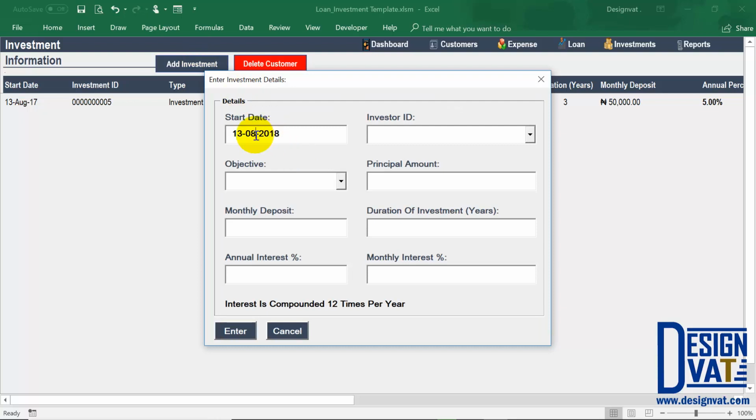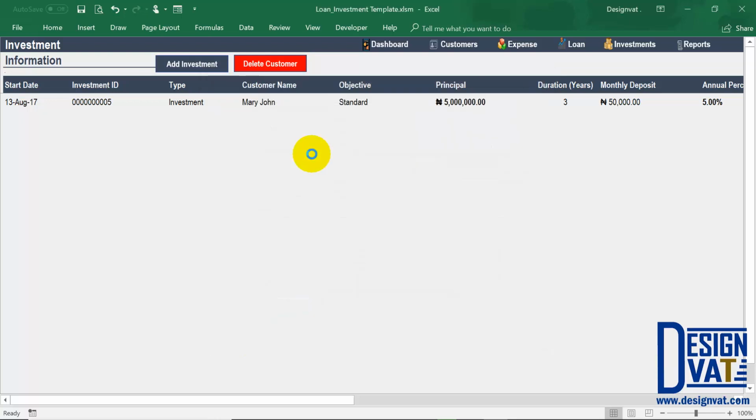So I'm going to make this January of this year. It's going to be the same investor. This is going to be premium. Let's assume this is 2 million and there's a 20,000 deposit. This is for 4 years and we have a 4% interest. So this is the first investment, premium, and then the second one I'm going to add will be fixed for